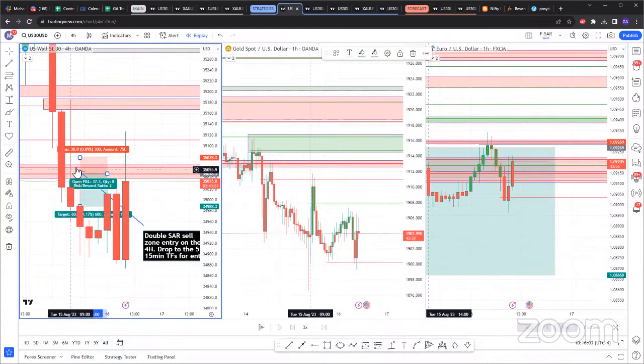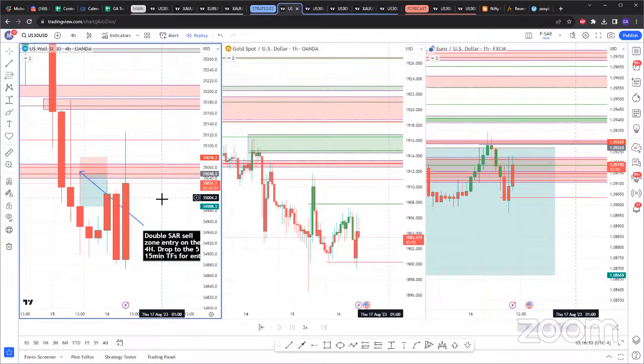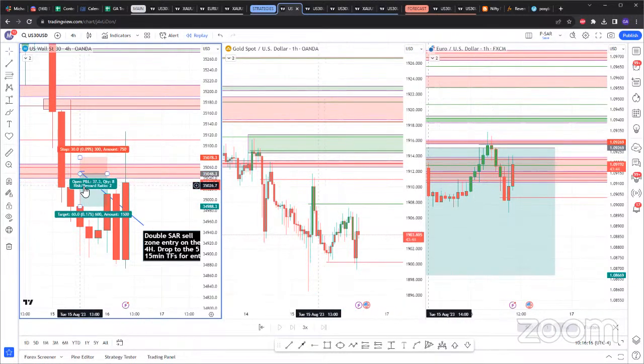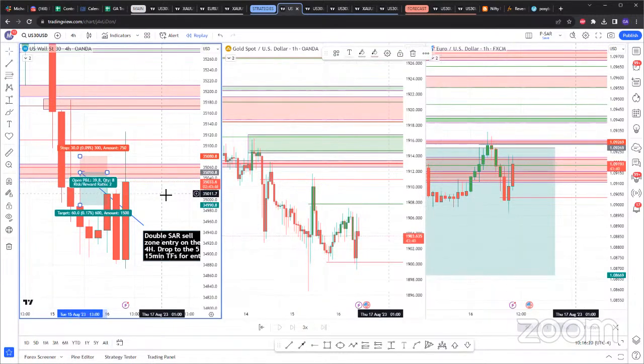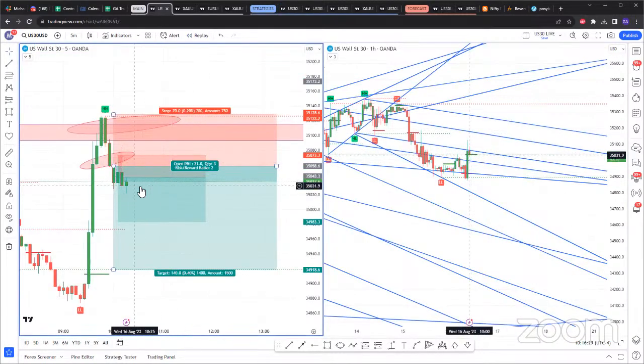During the period that it's in here, I go down to a lower time frame. I prefer either the 5 or the 15-minute. You can definitely use the 1 minute, but be on the lookout that you can easily get stopped out on the 1 minute. So for me personally, I just wait for that retracement and I enter there. Just keep in mind, not every candle will give you that retest that we talk about. This is why nowadays I just talk of 2 candles closing either above or below. And there goes the US 30 trade.